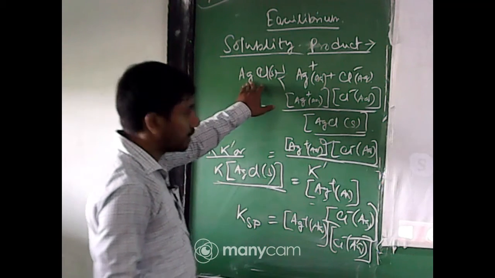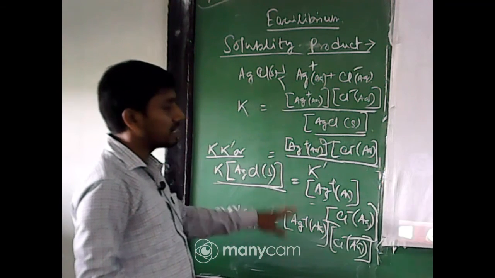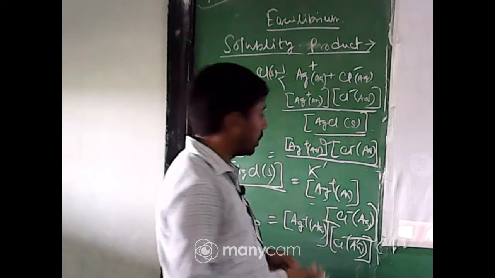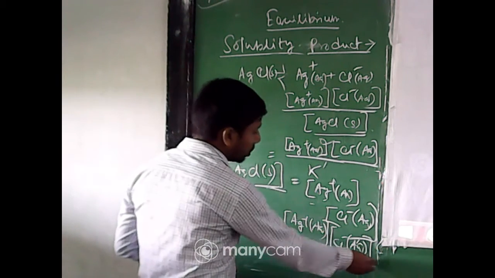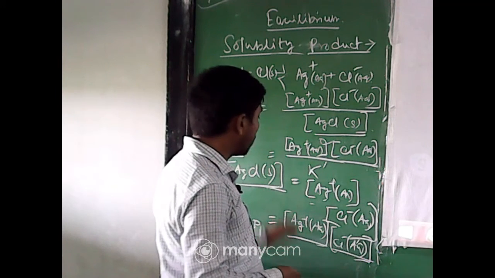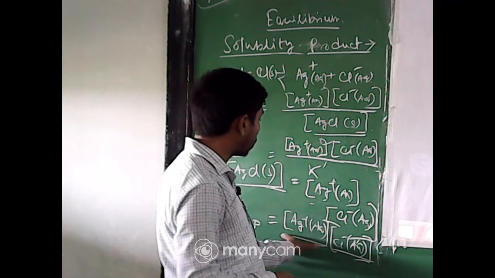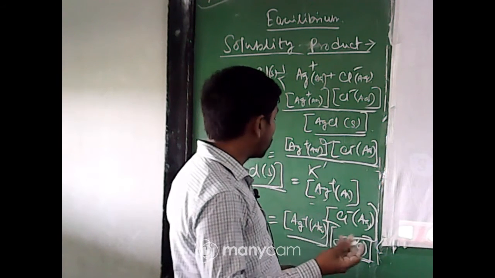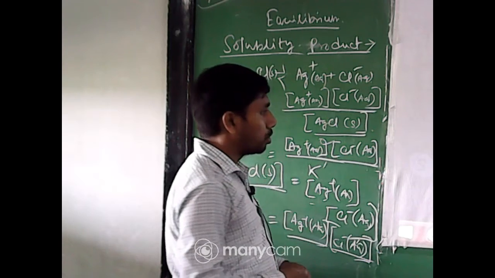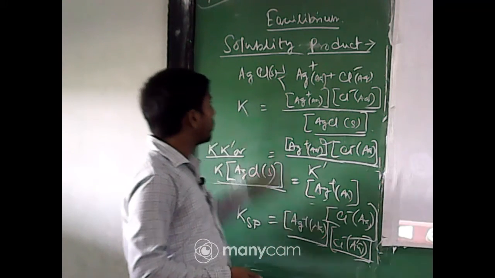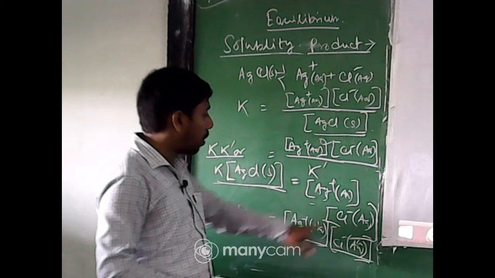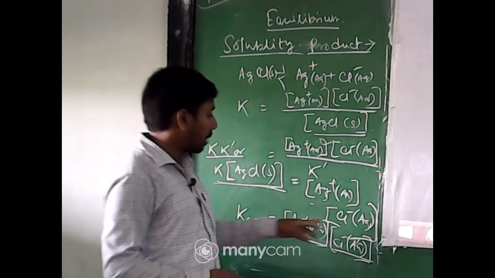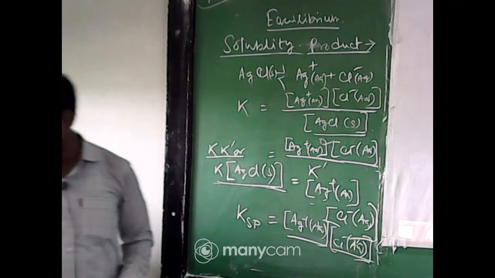From the salt AgCl, you can say that it is the product of the concentrations of the cations and anions formed. It is the product of the concentration of the cations and anions, each raised to a power. If AgCl is the example, the powers are 1, but if there is another power, it will take place in this position. For example, I am coming to this section.